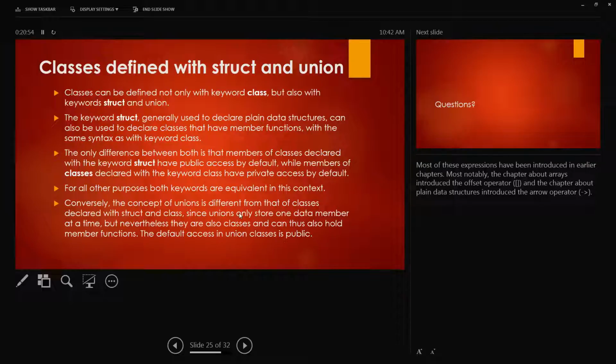So there's another keyword called a union, which is something special, and we're not really going to use it a lot, but you should know that it exists. Unions are the same as structs and classes. However, unions only store one data member at a time. They can declare member functions, but what this means is that if I declare 4 data members inside of it, so an int, like for a stat,